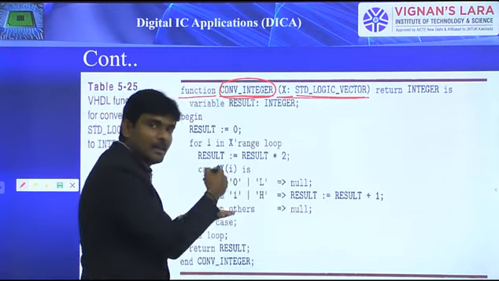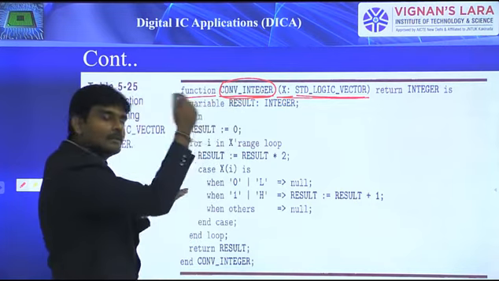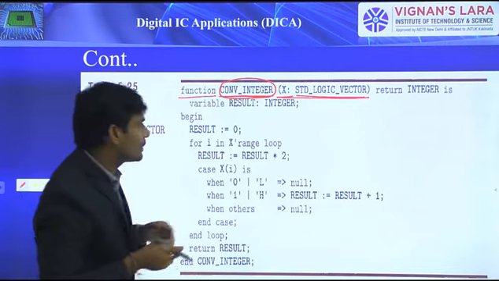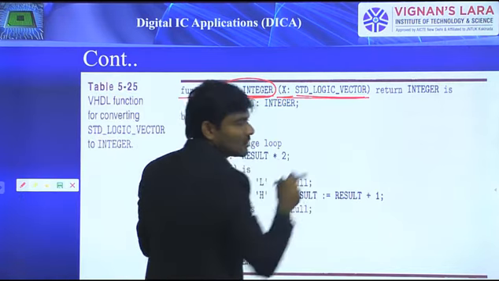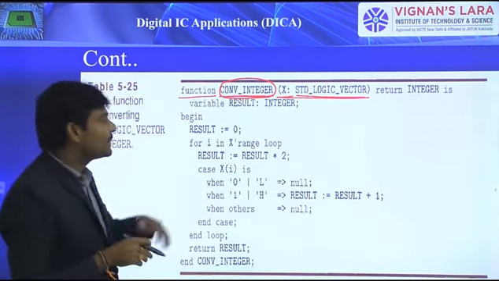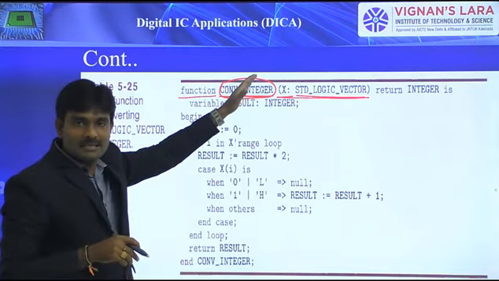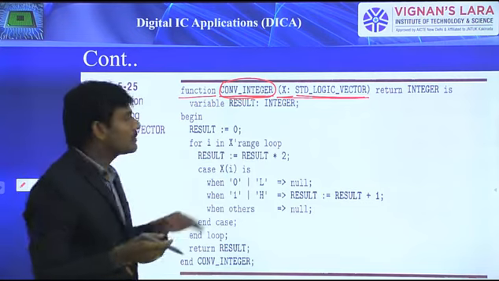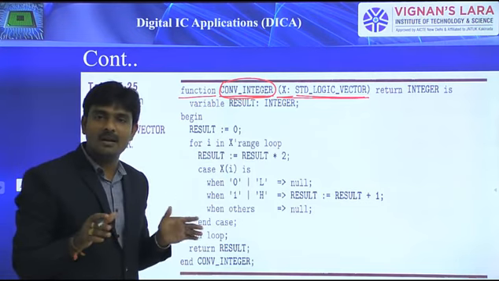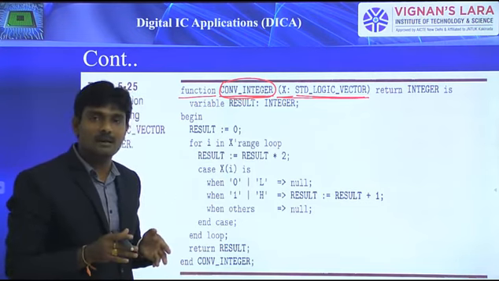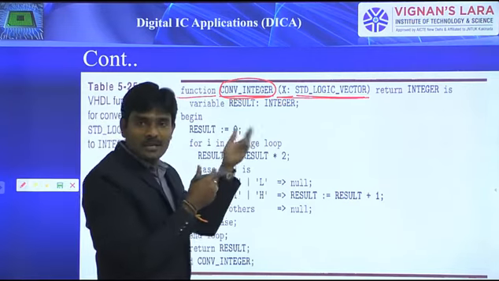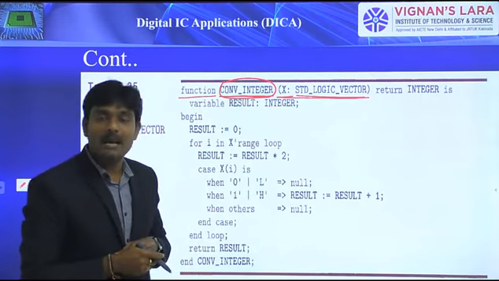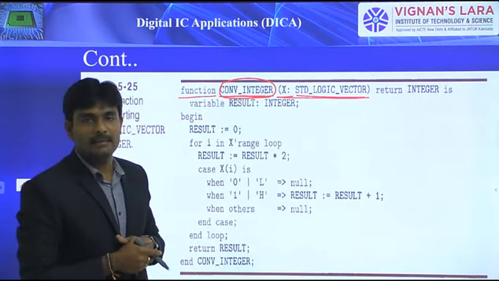While we are assigning a value for that, at that time we can describe the size. But here there is no need to mention the array size. Simply x, that is the signal we considered as input. The type is std_logic_vector. That is, x is an array, but we didn't define the size of that array. That flexibility is there. Because of that, std_logic_vector can be called an unconstrained array.